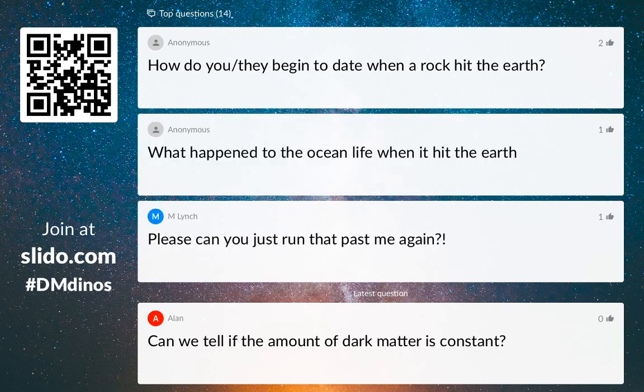How do you or they begin to date when a rock has hit the Earth? Well, so you can look at the trace elements that have been left over, and essentially you can do anything that you do when you're dating stuff. So carbon dating, using different radioisotopes. They all have a known half-life. So you measure how much is there in different ratios, and that can give you basically a timeline of when